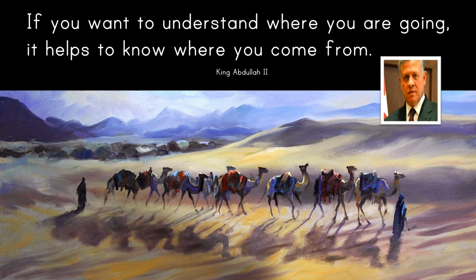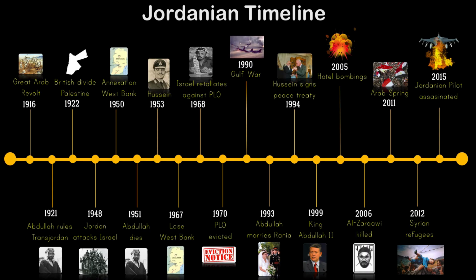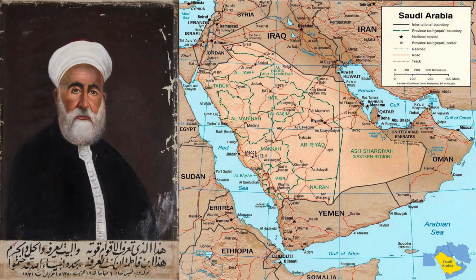If you want to understand where you're going, it helps to know where you come from. And to understand the situation that Jordan finds itself in today, you really have to look at where they've been and where they're at today. I've created a timeline that we'll be going through throughout this lesson. Let's begin. It kind of all started when the Ottoman Empire took its last breath